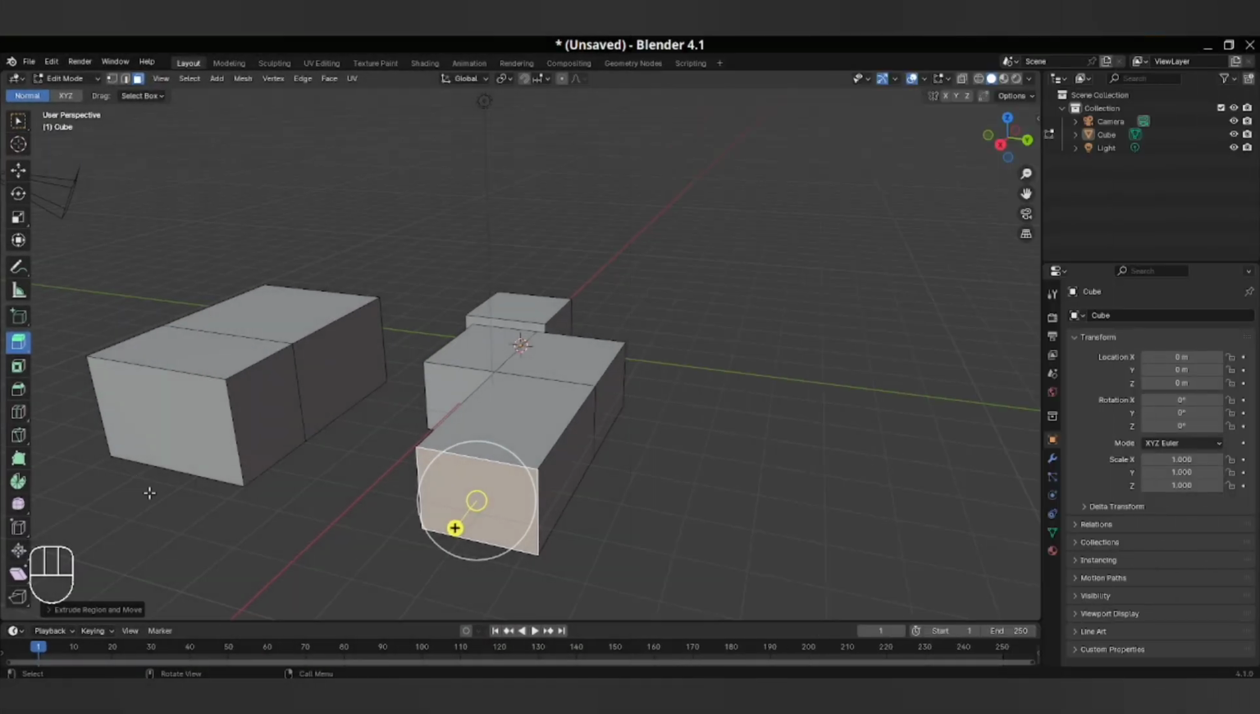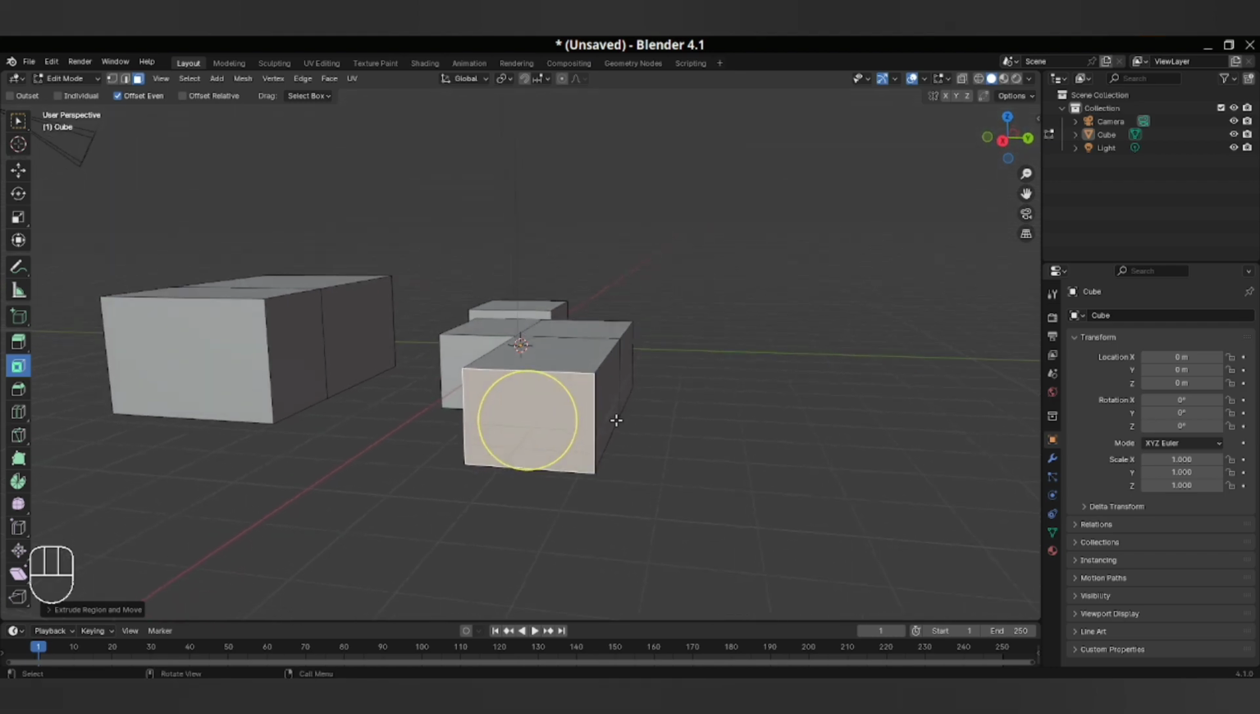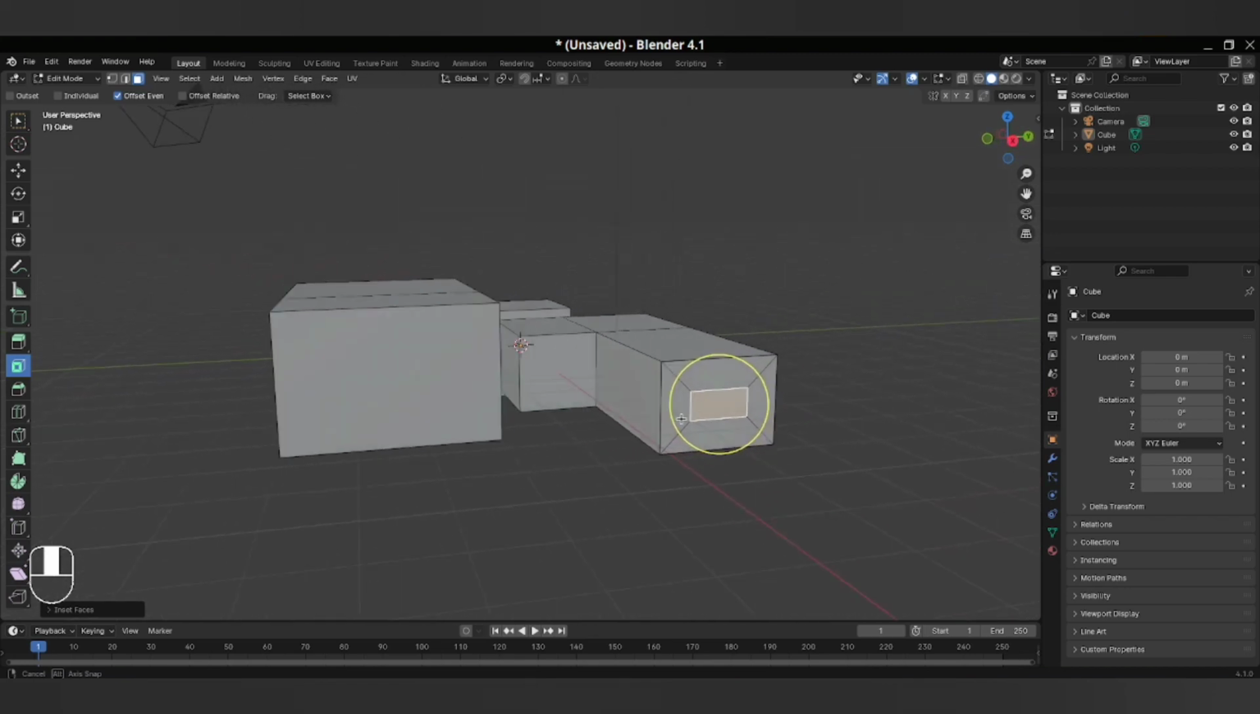Now let's look at the next tool there. This is Inset Faces. This tool is also used only on faces of the particular object. If I click on this face of the object, for example, I will be able to create an extra face or a base inside the cube that I have selected. Right there. This is really useful to create